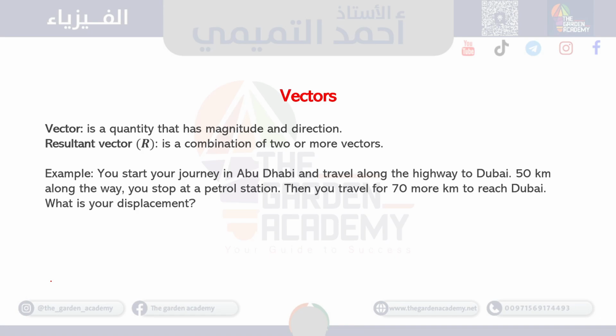Example, you start your journey in Abu Dhabi and travel along the highway to Dubai. 50 kilometers along the way, you stop at a petrol station. Then you travel for 70 more kilometers to reach Dubai. What is your displacement? الآن, if we assume that we are moving in a straight line northeast, we can draw